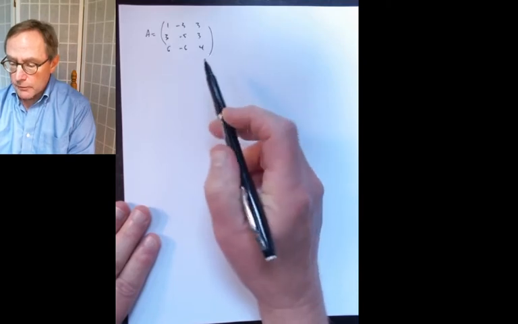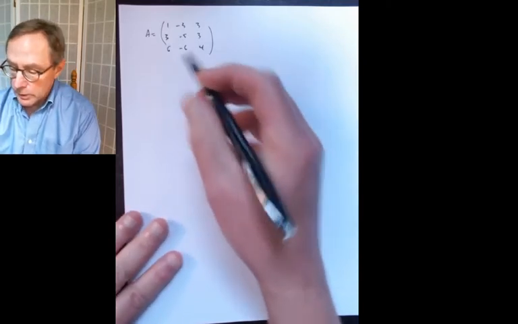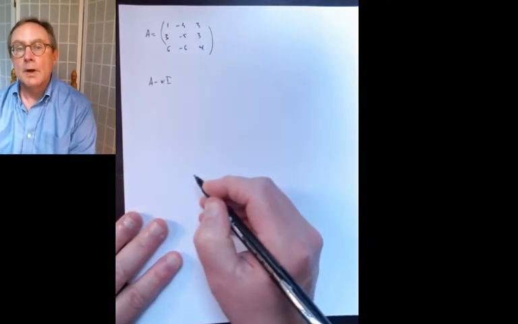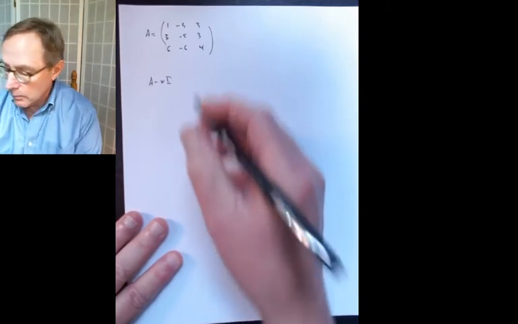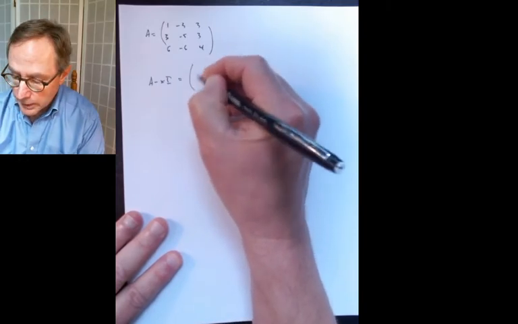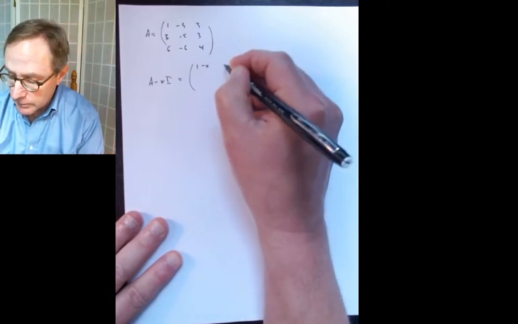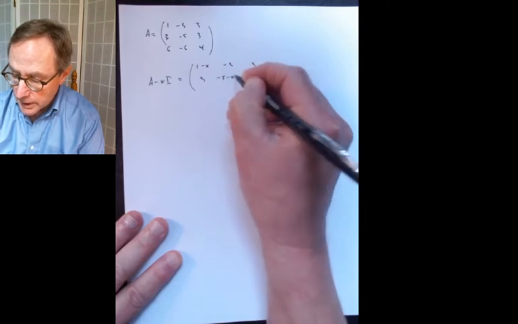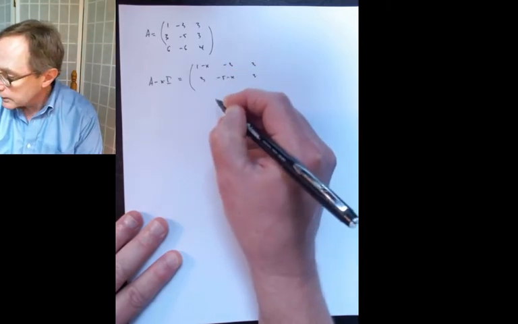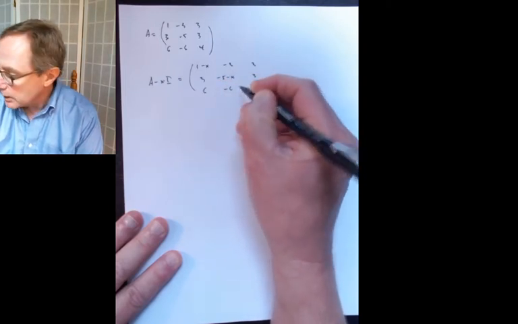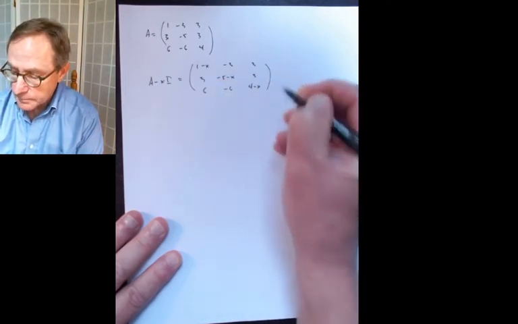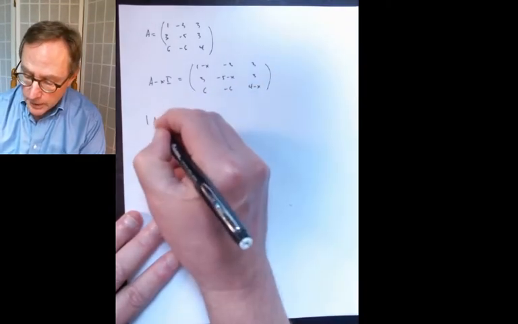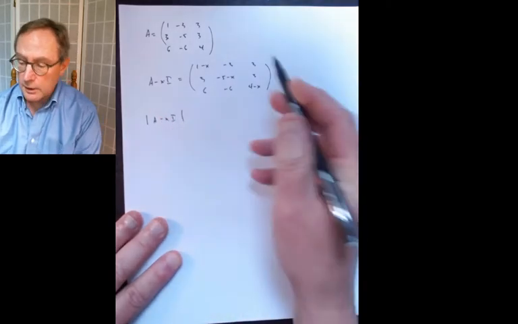Okay, and of course when we want to find the eigenvalues, we want to look at A minus xI. X is a variable, and so we're looking at 1 minus x, minus 3, 3, and 3, minus 5 minus x, 3, and 6, minus 6, and then 4 minus x. Okay. Now, when you take the determinant of A minus xI, it's a 3 by 3 determinant, so you